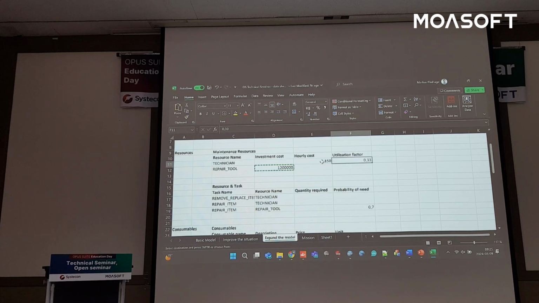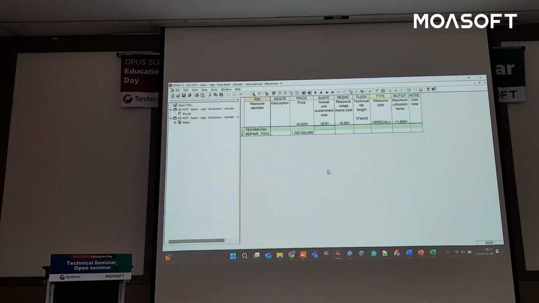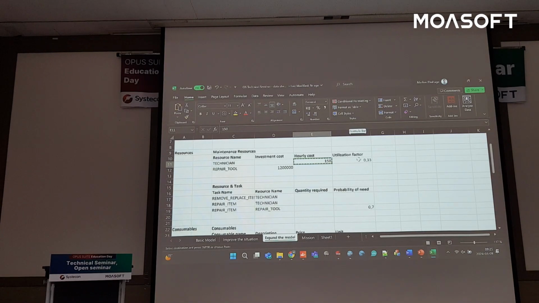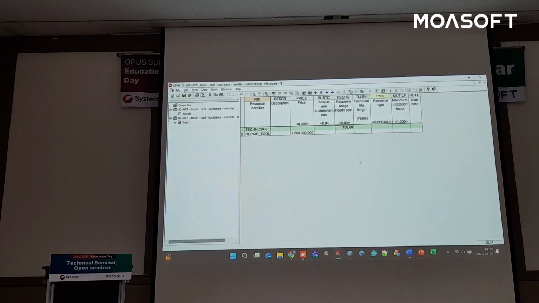And we have an hourly cost of 150 for the technician. So every hour that we use the technician, it costs 150 euros or dollars. Right, and also we have a maximum utilization factor here of